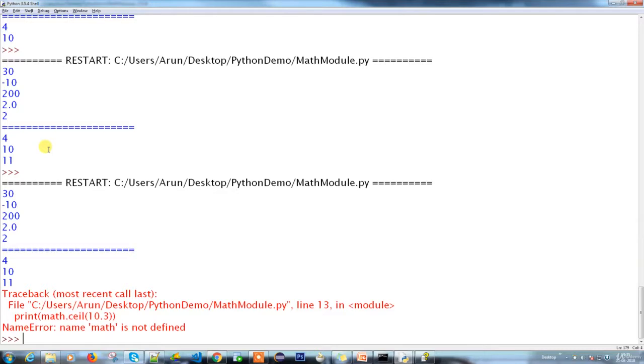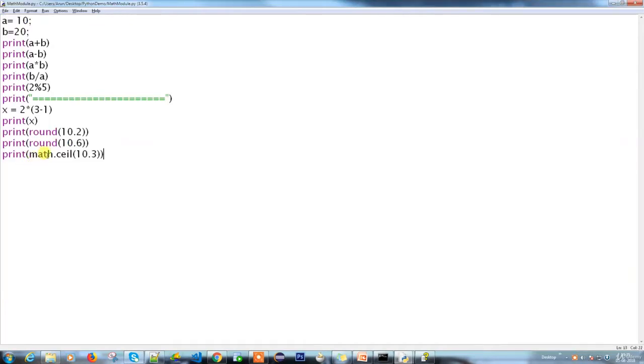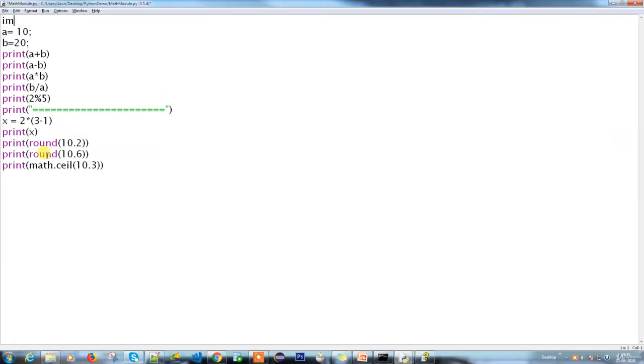I got an error. NameError: math is not defined. The reason is that this particular math module is not coming from the predefined library. You need to specify the math package, so you need to import math